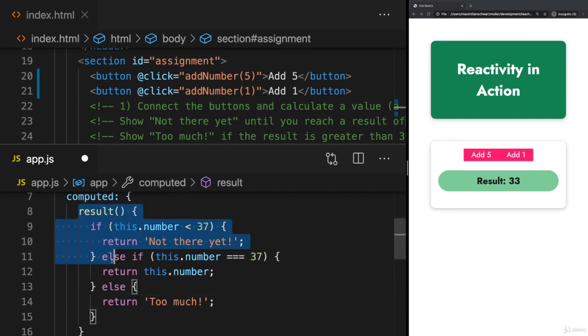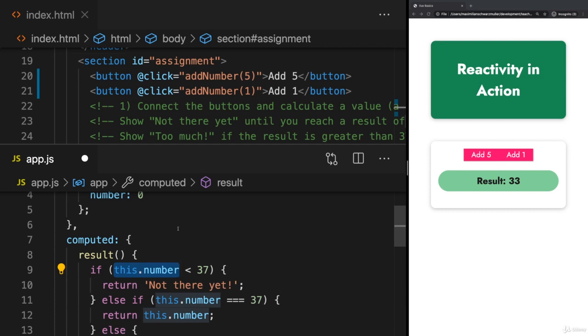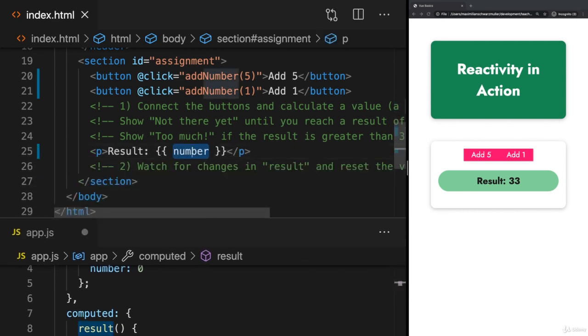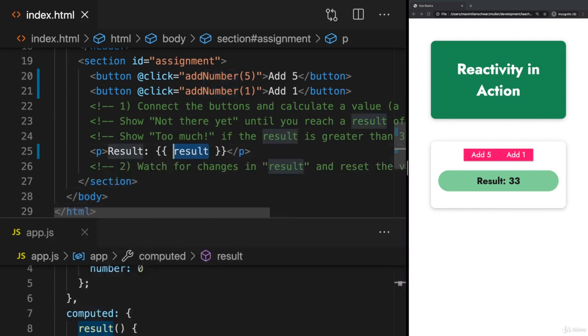And now we have the result computed property, which depends on our number property, and Vue detects this dependency and will only recalculate and reevaluate result whenever number changes. So here we now don't output number, but instead result. And if we save that and reload, we see not there yet. But if I add 5 a couple of times,